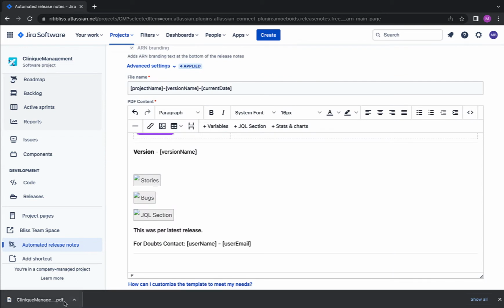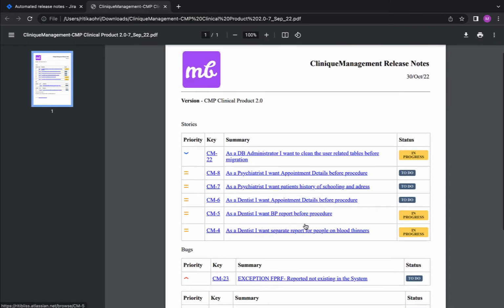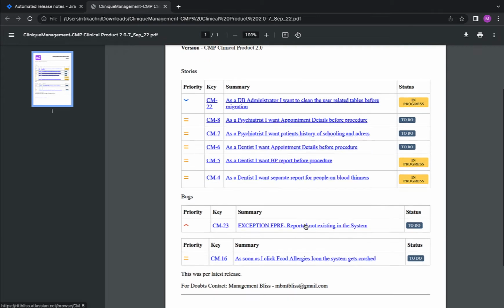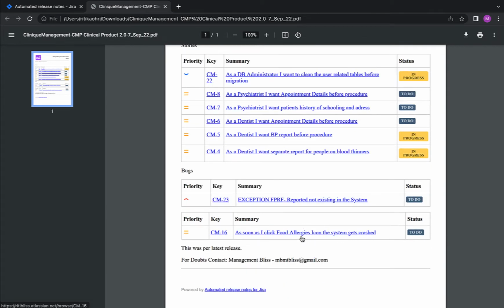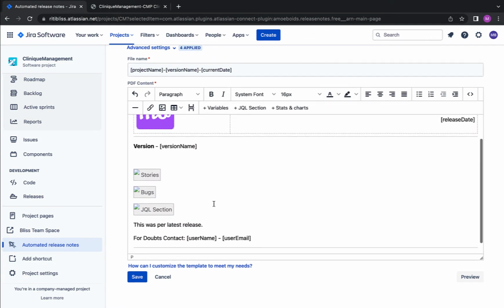Since it's a PDF file, it got downloaded. Let's open it. Okay, a nice view of what we added, and we got one system crash for the section we added explicitly, though I didn't highlight it, but we can do it simply by going back to our template,